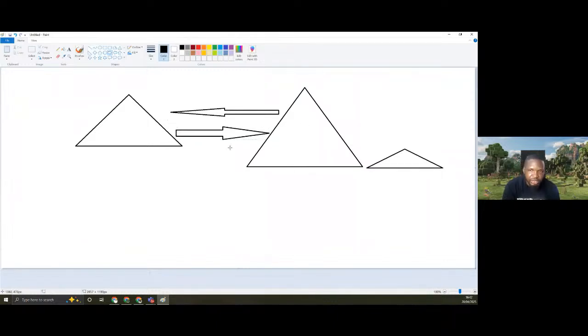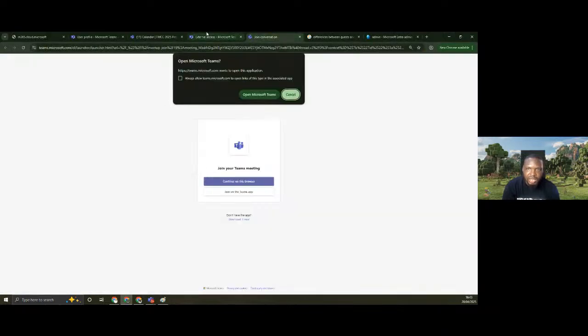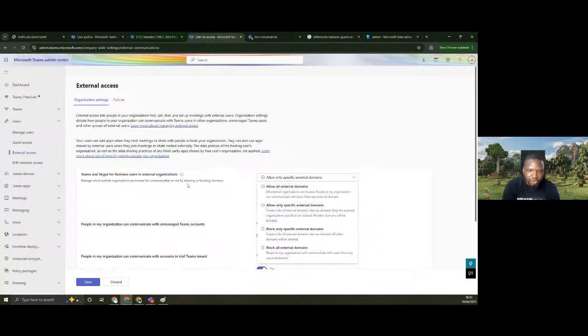So for example, you are searching and you're having issues. How do you even know if it's a federation issue? A federation issue happens when you are trying to search for somebody in Teams and the response you're getting is that you cannot find this person because your organizations are not set up to talk to each other. That's exactly the error you will get when it has to do with federation issues.